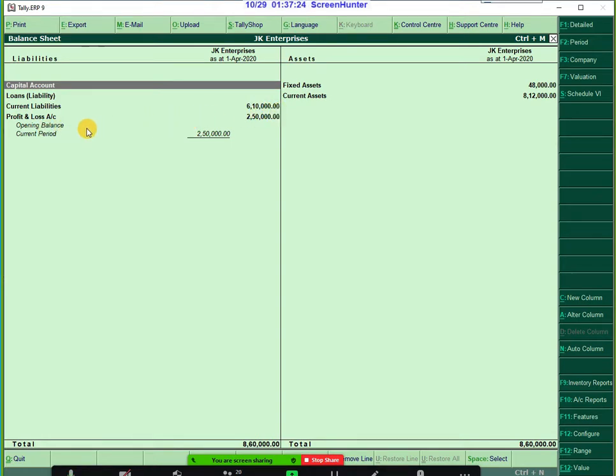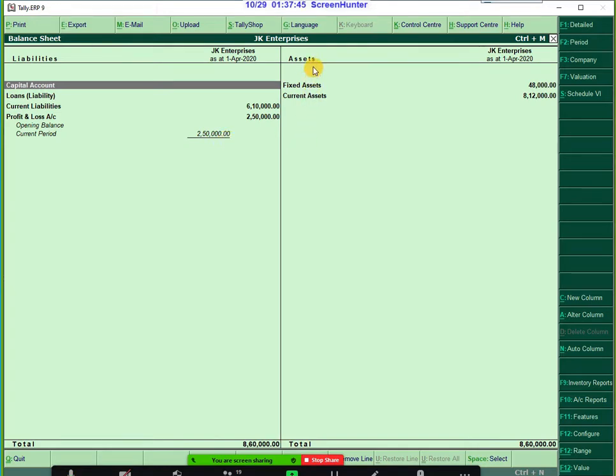Profit and loss account, see, in profit and loss account, opening balance for current period as on 1st April. The position of this balance sheet is on 1st April 2020. Okay, opening balance for profit and loss account 2,50,000.